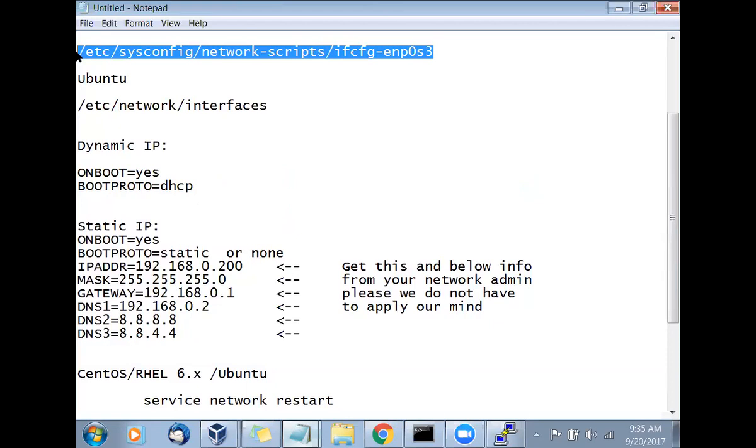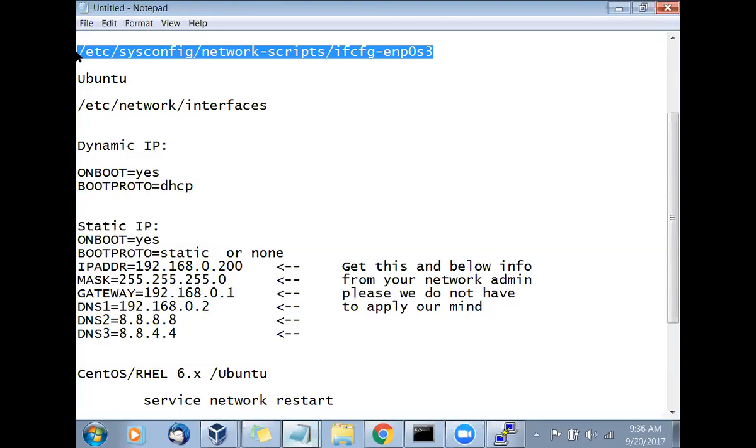Do not apply your own mind here. Even with 18 years of experience, I will not put my mind there, because every customer's network is different. We don't know about those networks. Network is out of our scope. So once we have filled in these blanks, we restart the service and we have to check the service. Now, how to check the service?